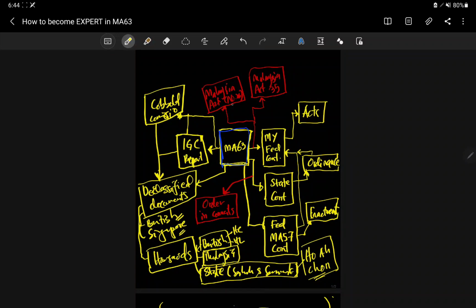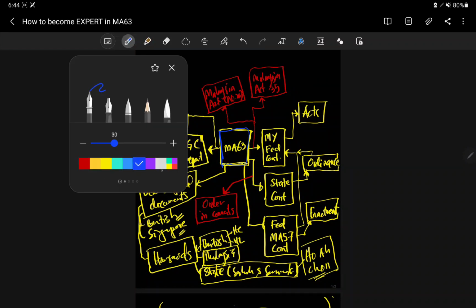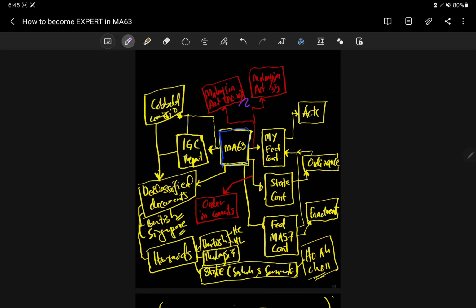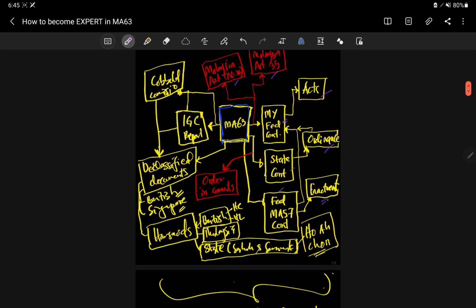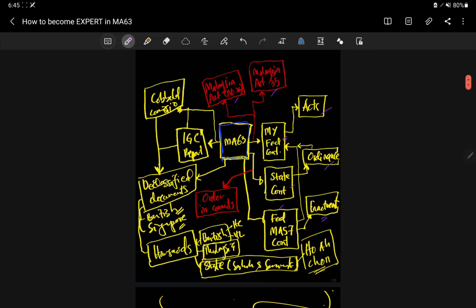You can check Malaysia Act 20. This purple color. You can check Malaysia Act number 26, Malaysia Act Chapter 35, and then we have the Federal Constitution and Act of Parliament, and then you look at the State Constitution, and after the State Constitution you have Ordinance, and then the Federation of Malaya Constitution, which you can find and try to analyze based on the Federal Constitution here. And then all the states of the Federation of Malaya make an enactment which is not really relevant to MA63 actually. And then before the Malaysia Agreement, you look at the IGC report, and we have the Cobbold Commission, and then